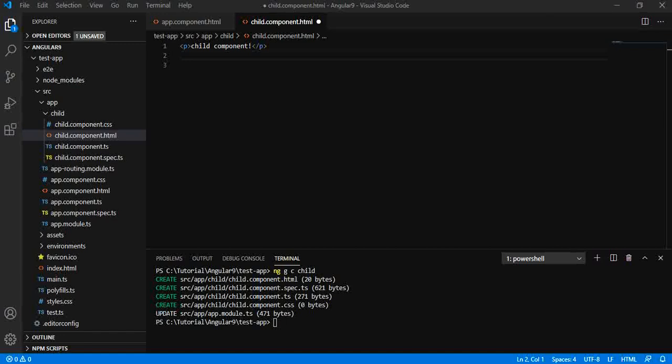And so for sending the data from parent to child component, we have an input decorator that will be used to send the data from parent component to the child component, and another one is output decorator that is used to send the child data to the parent component. So in this tutorial we are going to see how input decorator will work.